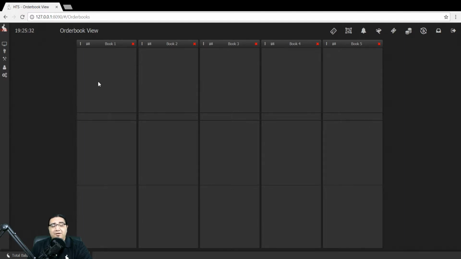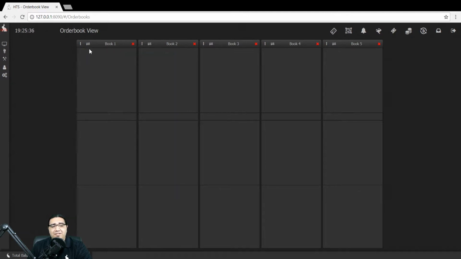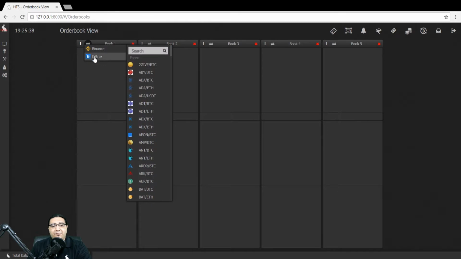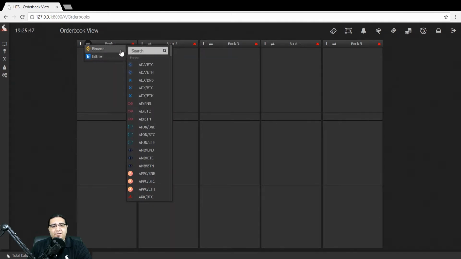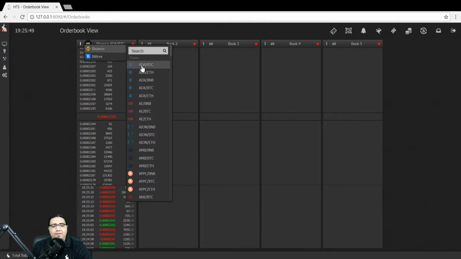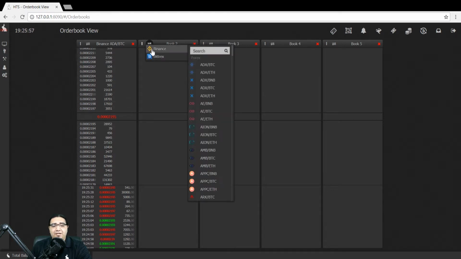So to select a pair to see, what we're going to want to do is look for these right and left facing arrows, hover over it, and then hover over the exchange we want to look for. Now we can search for the given pair or click it from the list below, but in this case, let's go ahead and click ADA. What you'll notice is immediately the order book information is pulled down and we can begin to see it getting updated in real time. And we can view up to 5